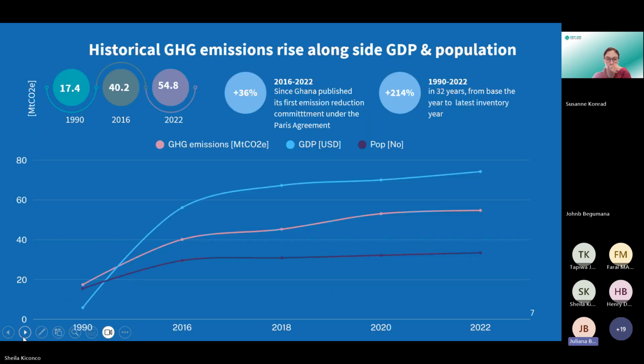Taking a deep dive into our historical emissions, in 1990 Ghana's emissions were around 17.4. By 2016, we had increased our emissions to about 40.2, and as at 2022, the emissions had again increased to 54.8. In percentage terms, from 1990 to 2022 this is an increase of about 214%. And this can be attributed to increases